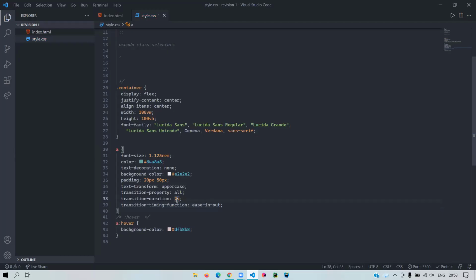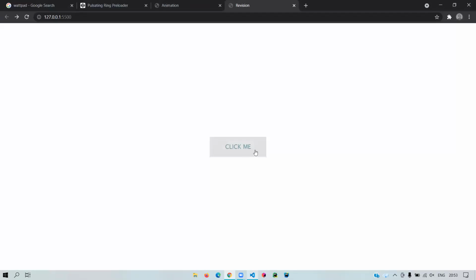Okay, so I change this right now. So this is your button, and let's say when my cursor is over here, I want the background color to change. Now, how do I do that?